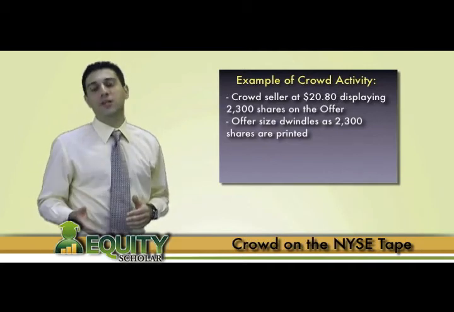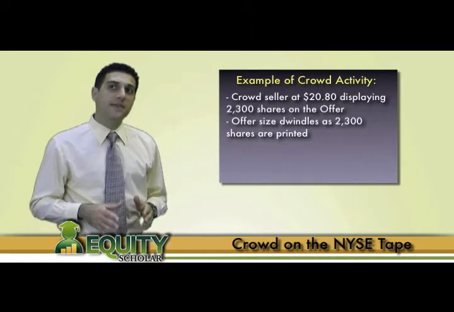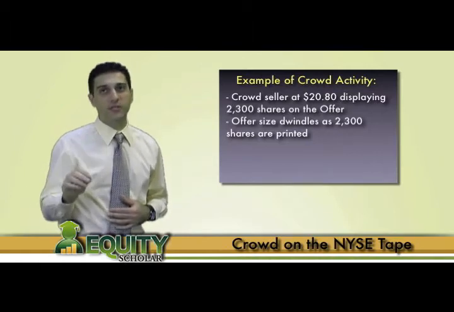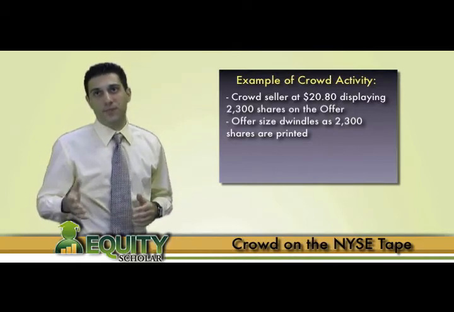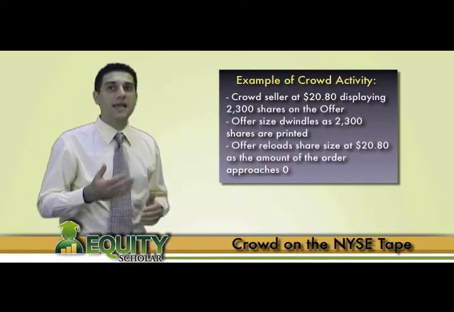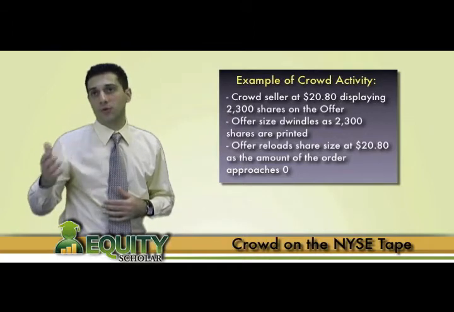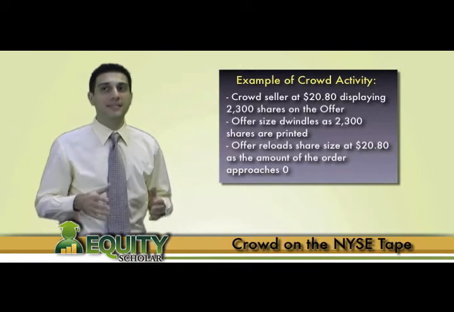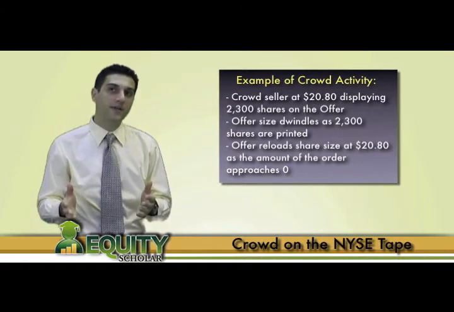So, if a print occurred at $20.80 for 500 shares, then the total shares displayed would decrease from 2,300 shares to 1,800 shares. But once that number being displayed gets close to zero, then the crowd seller immediately reloads the sell limit order for another 2,300 shares, thus insinuating the seller has much more size being offered than what is